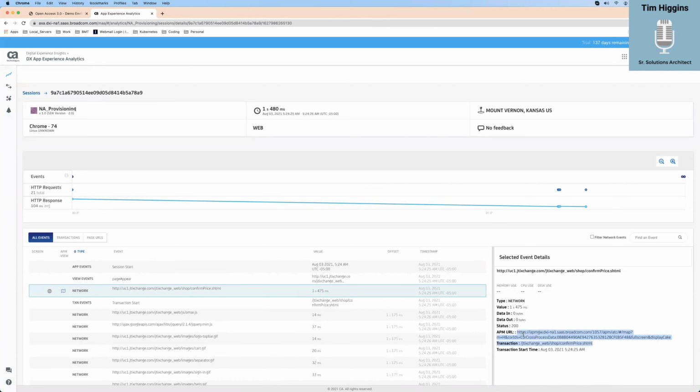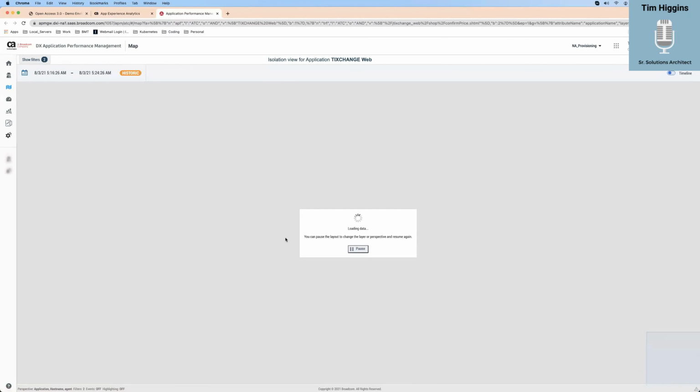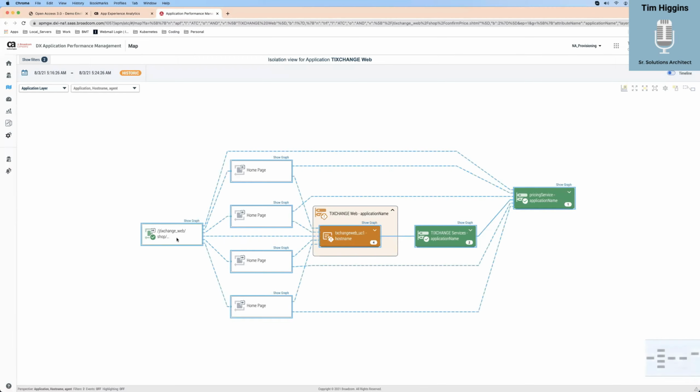And I can look here and look at my true stack trace, which means my code from the beginning mixed in with my application code all the way to my database. I can see how my end users are being affected by that. We can also click a map to see where all it's being called from, right? So basically my end users are going to start here, come in. And if you notice, that's the name of the page, shop.